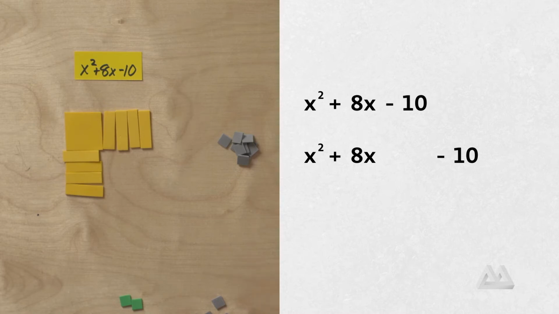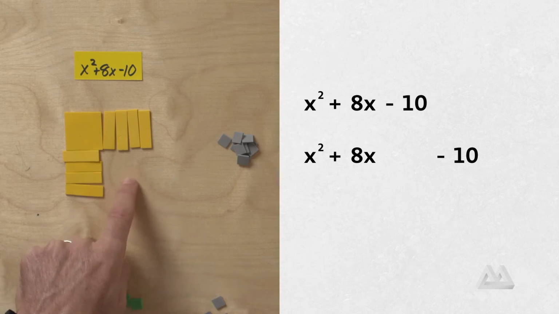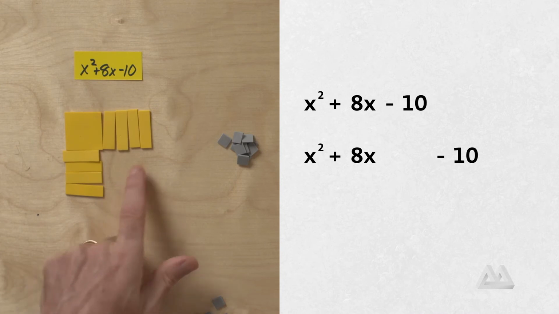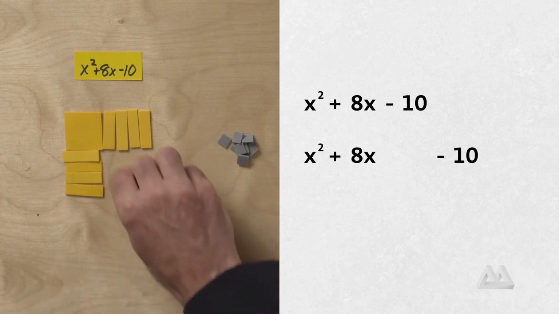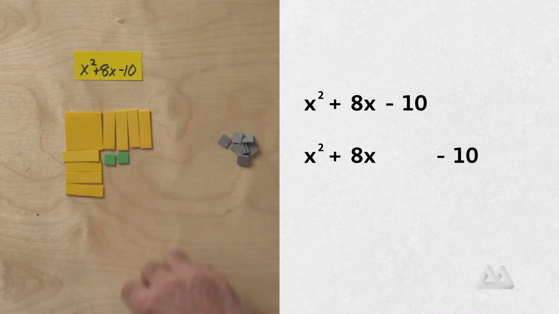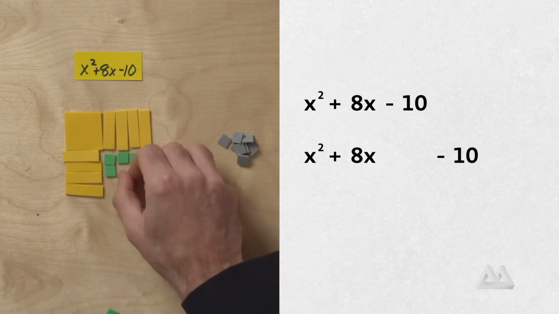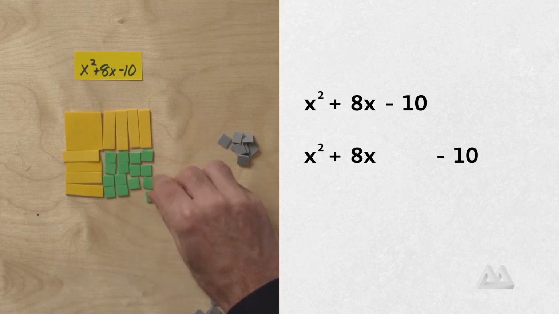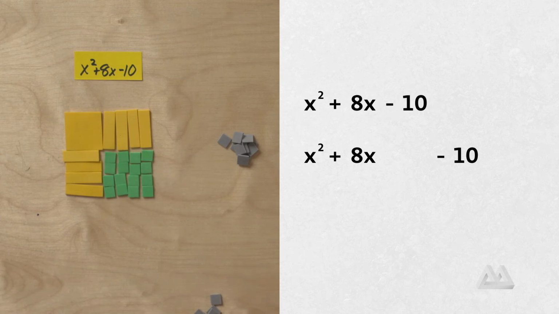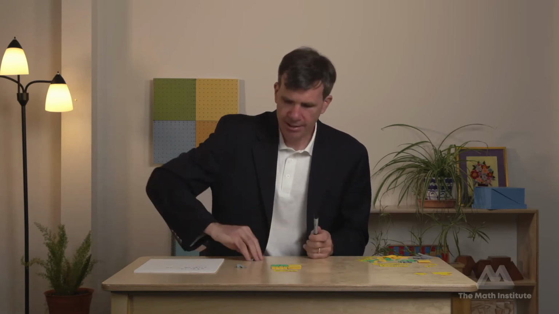I don't even want to think about it or deal with it. We can just ignore it for now. Instead, we think, what do we want to have here? Well, it's going to be half of 8, which is 4, squared, which is 16. So we're going to put 16 units to complete our square right here. And so with the writing, we just added the 16 to this group over here, this x squared plus 8x plus 16. Now, we also know that when we add 16, we're going to have to make our 0 pairs. And so we're just going to take this negative 16